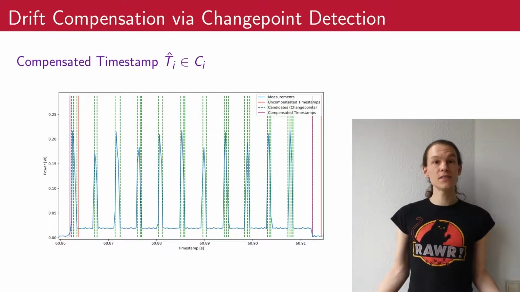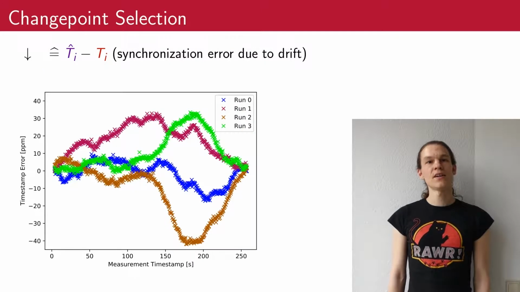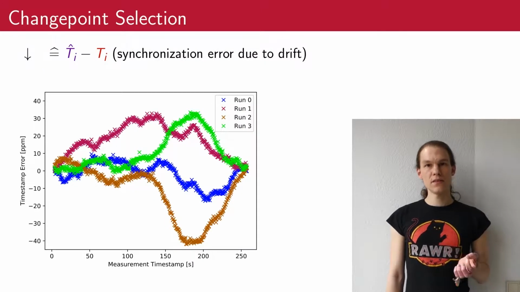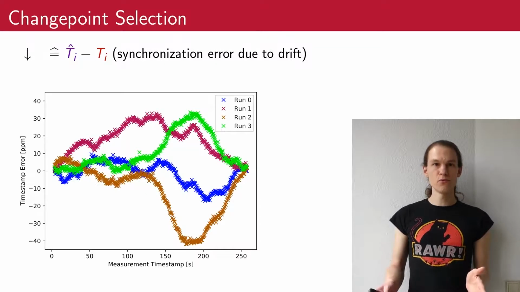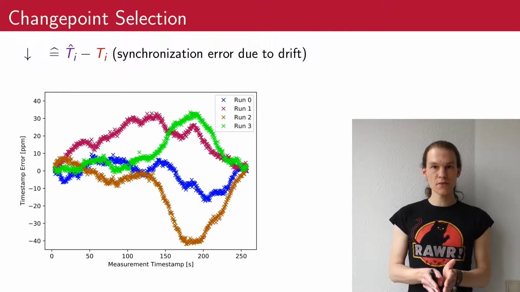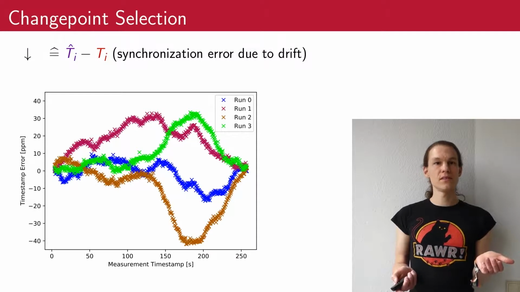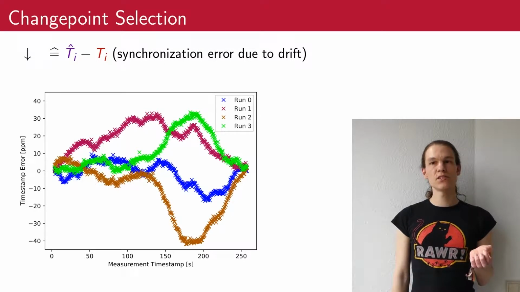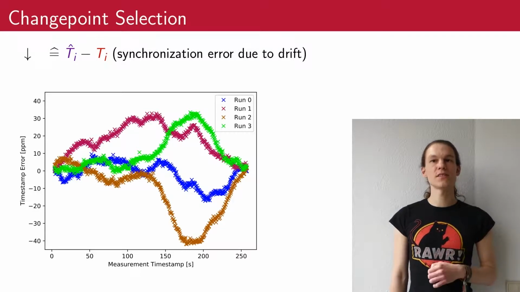Except we don't know which one it is, at least not in general. But there is one thing we do know, and that is the effects of drift accumulate over time. So if two benchmark events are close together, they will have nearly the same drift. And this drift or synchronization error is identical to the difference between compensated and uncompensated timestamp if the compensated timestamp